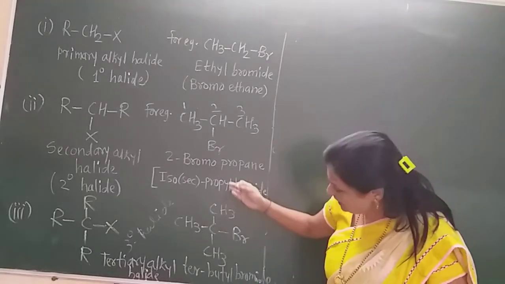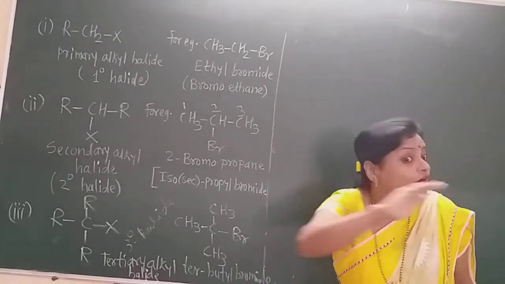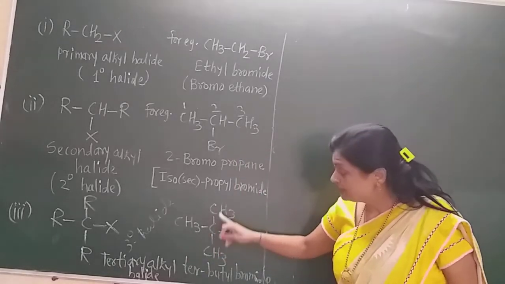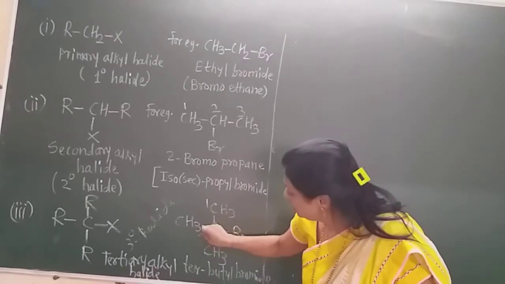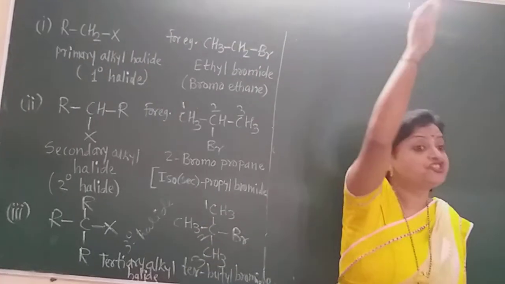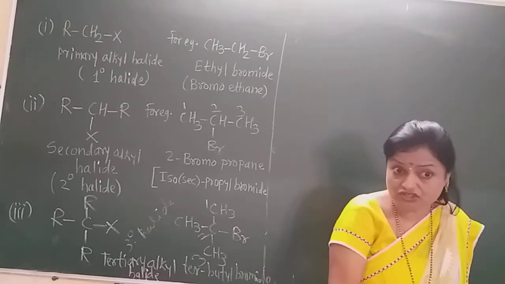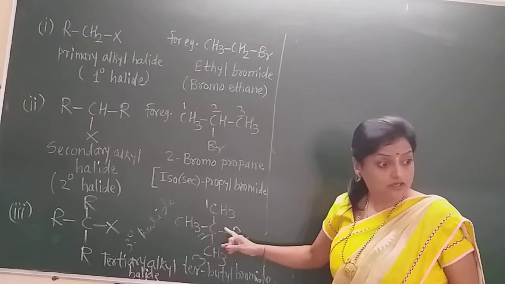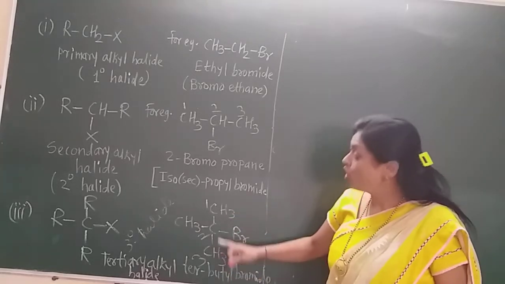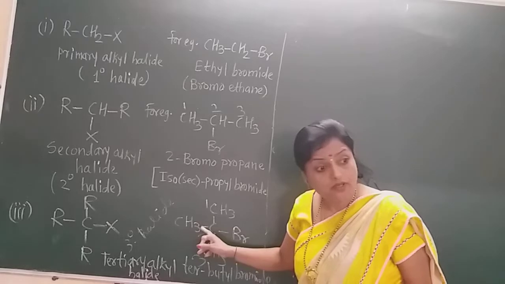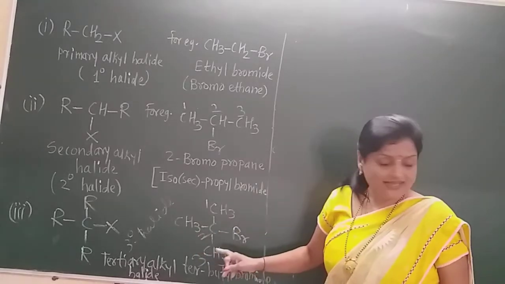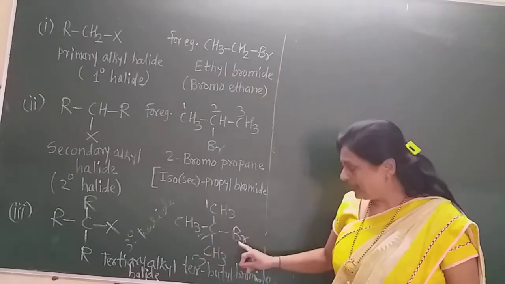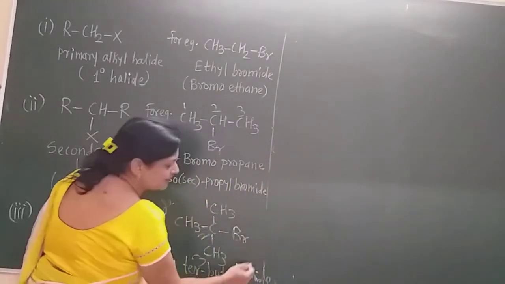Just number in the straight chain containing more carbon atoms. Suppose we number in this way, only 2 carbons. But if we number in this way, 1, 2 and 3 carbons are in the chain. There are 3 carbons. Take the maximum carbon atoms. Do not give numbering 1 and 2 in this way. Give 1, 2, 3. Now on the second carbon there is a methyl group and bromine. And in the straight chain there are only 3 carbons, so it is propane. Write down the IUPAC name of this compound in this way.